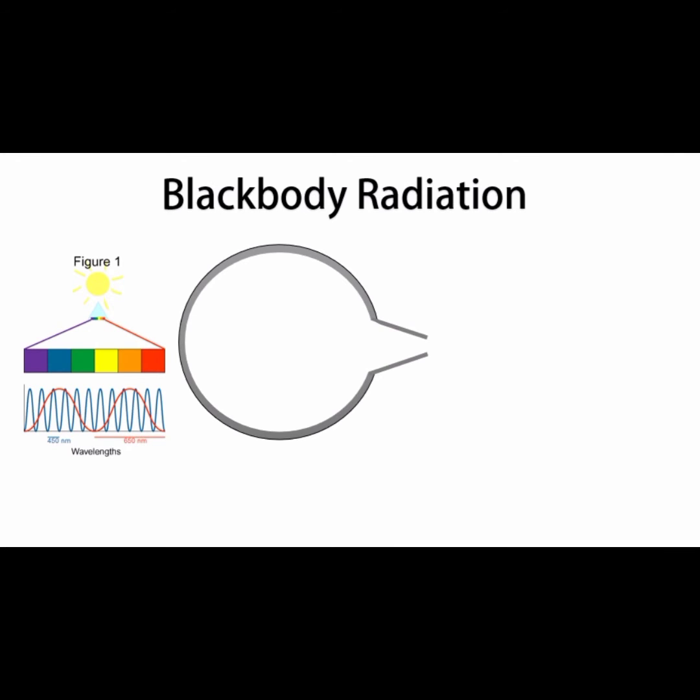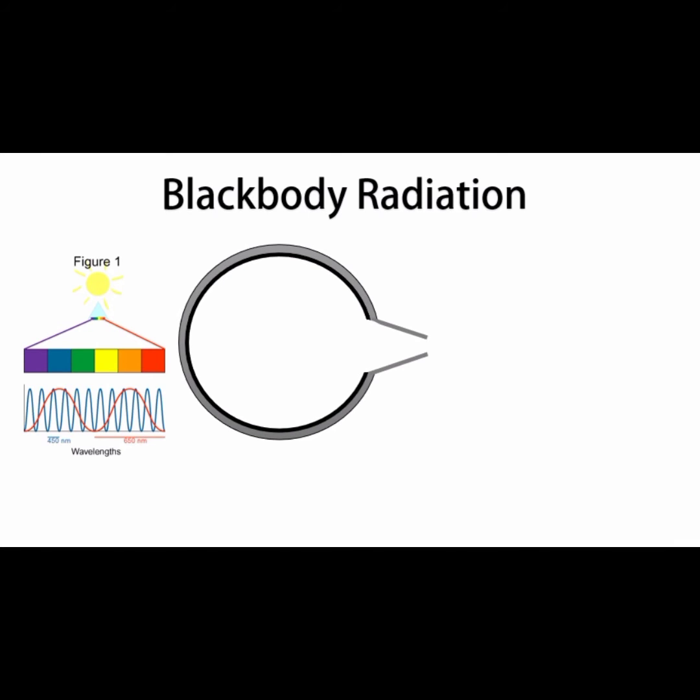So here is an animation I made for you to understand more about blackbody radiation. Scientists made a blackbody in the lab that could absorb up to 99.9% of radiation. For this, a hollow sphere was taken which has a narrow hole. This is the narrow hole. And then the inner surface of the sphere was coated with carbon black.